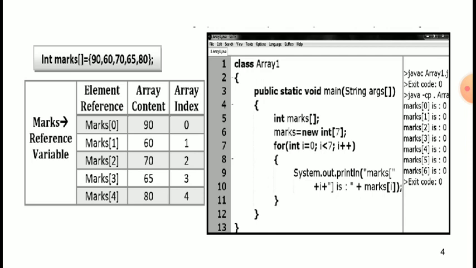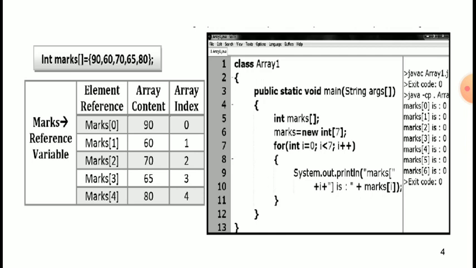So that is an example program of a 1D array. class Array1 starting curly bracket, public static void main(String args[]). int marks[] = new int[7]. For loop: int i = 0; i < 7; i++.